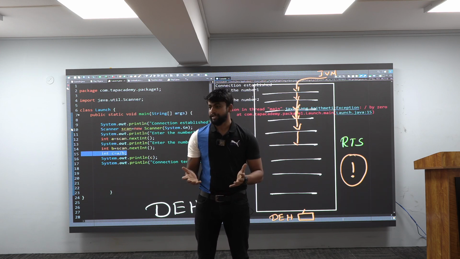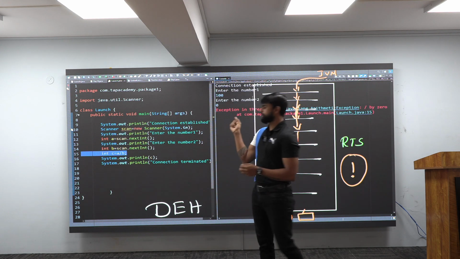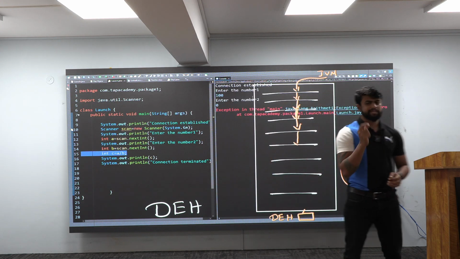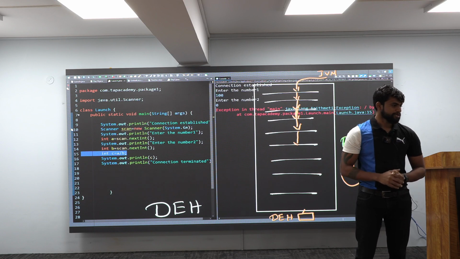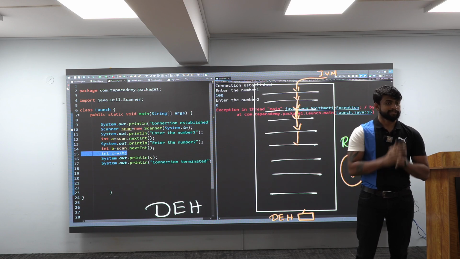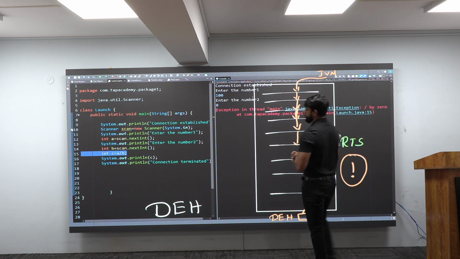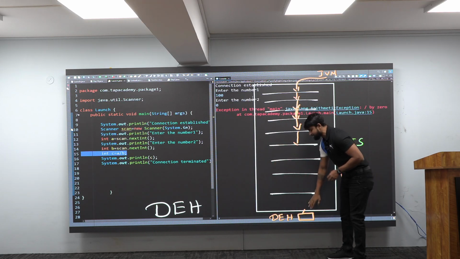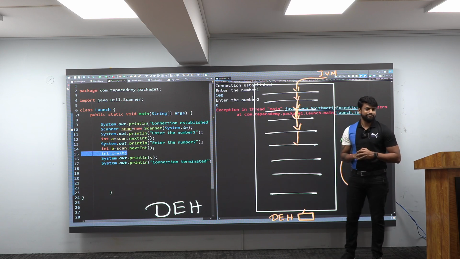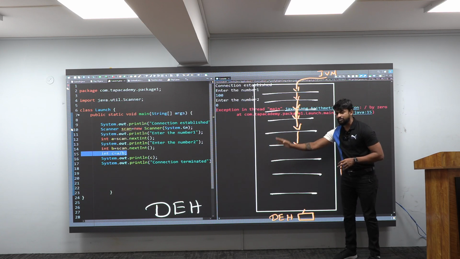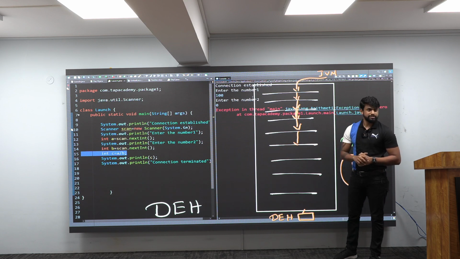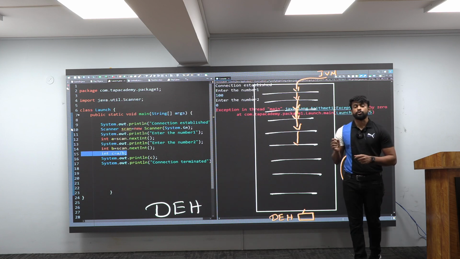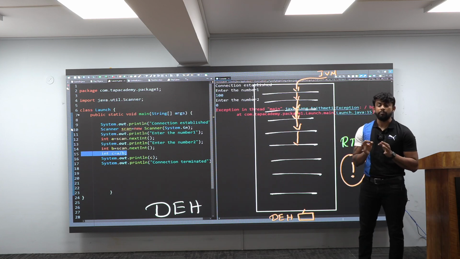You will not get it. And that is why getting an exception in your software is very, very dangerous for your software as well as your company. And that is why, as a software developer, you should be able to handle this exception object. When you handle it, there will be an exception, but there will be no abrupt termination. See, exception we cannot stop, but we can stop the program from terminating abruptly.